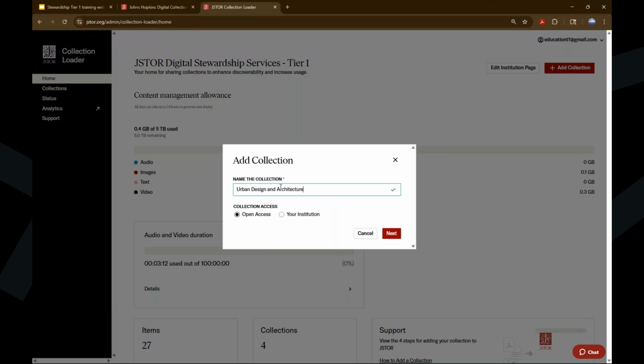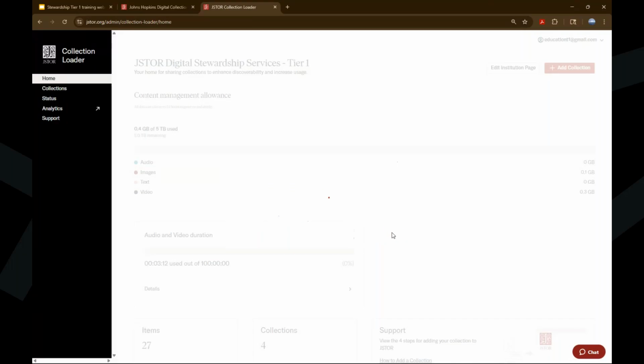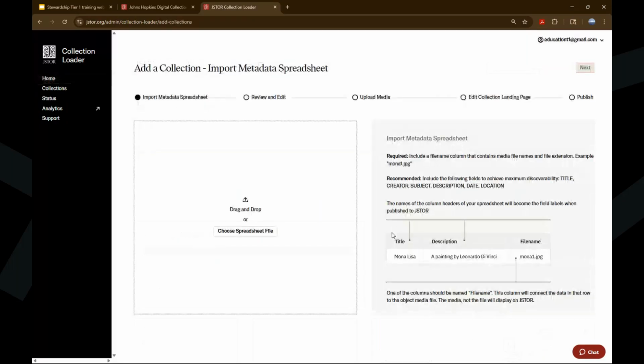And I can choose here whether I want this collection to be publicly available as an open access collection or limited to users in my institution only. And I'm going to choose my institution for the sake of this demo. Next, we will see the Import Metadata spreadsheet page where I can import the complete spreadsheet that I already have